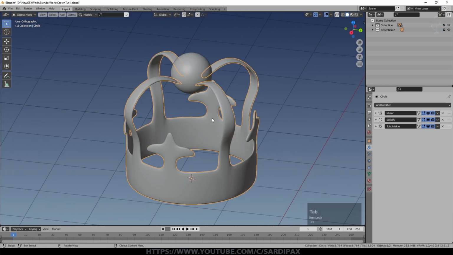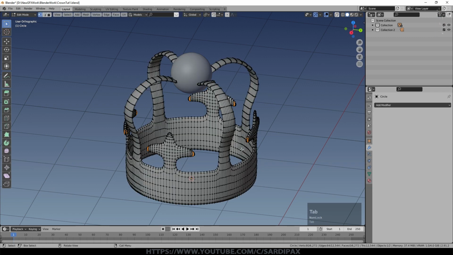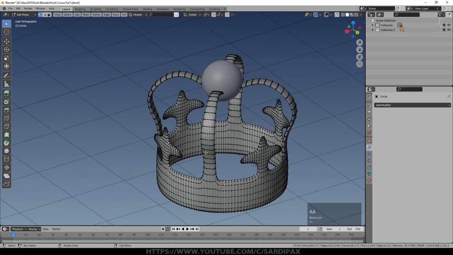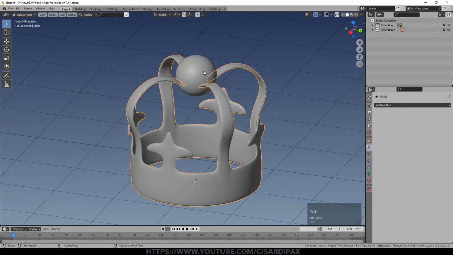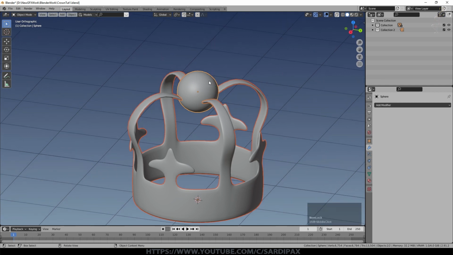We do want a fair number of vertices in our object for what's coming next. So we'll first apply the mirror modifier, then we'll apply the solidify modifier, and then we'll apply the subdivision surface modifier. If we have a look now, you can see we've got quite a few vertices. And at this point, we can join those two together. There's actually a little cross on top of this one in the real thing, of course. So we'll just do Ctrl J and that joins the two together.